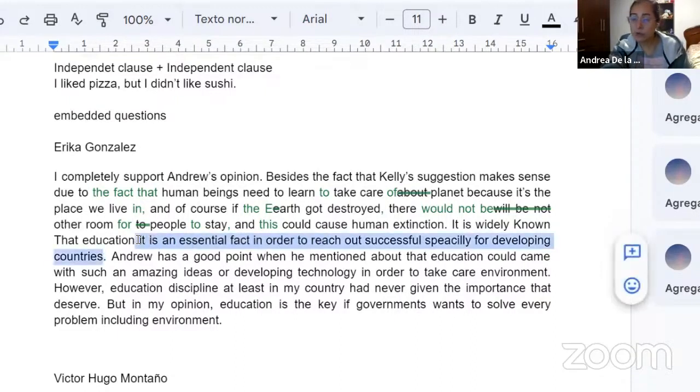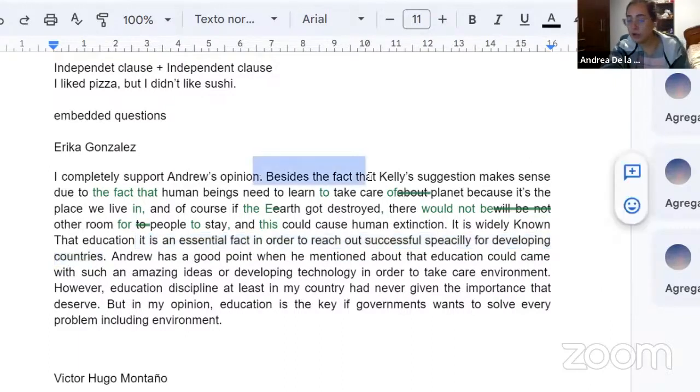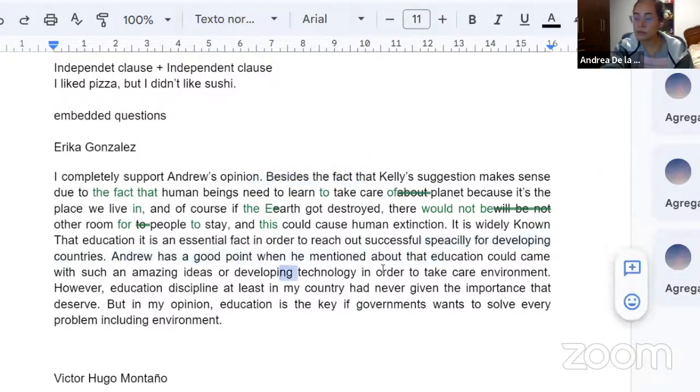I love your point, honestly, because I like the fact that you went away a little bit from the environment. Nothing says that you have to focus on the environment too much. If you're supporting education, okay, Andrew's reason was that education will also favor the environment. But you can have your own reason that's not related to the environment. And I think that's what you did, right? Great, I love that. You use technology, development, and so forth. So I like your idea of not just focusing on the environment, but also mentioning other benefits of prioritizing education,